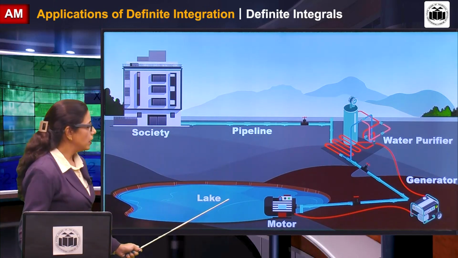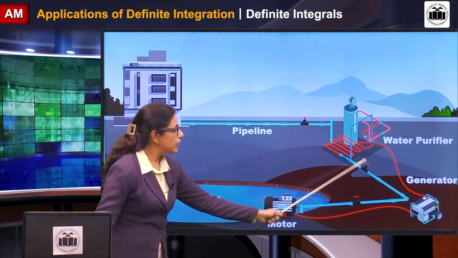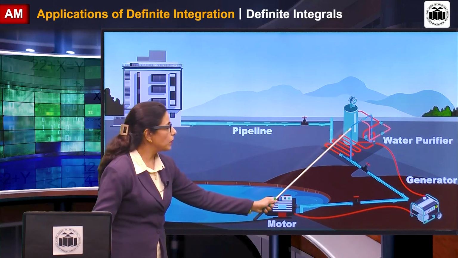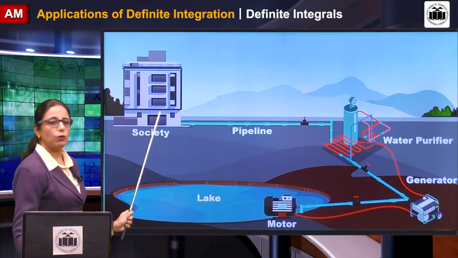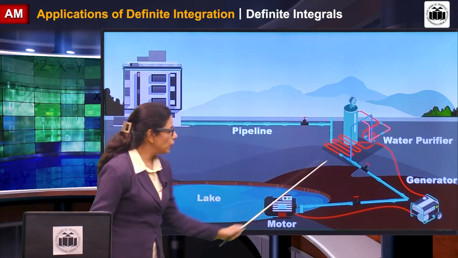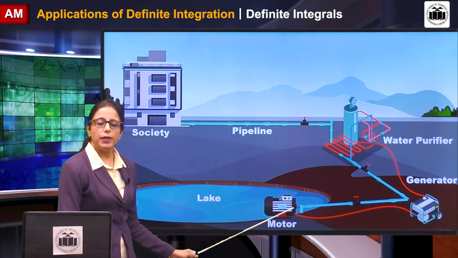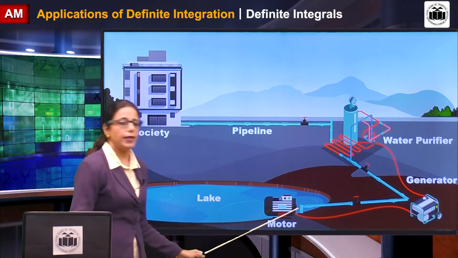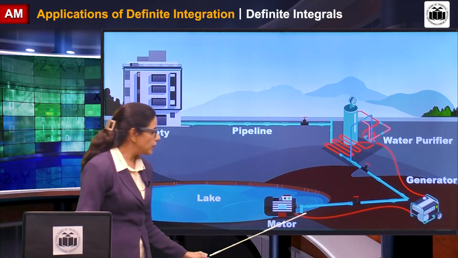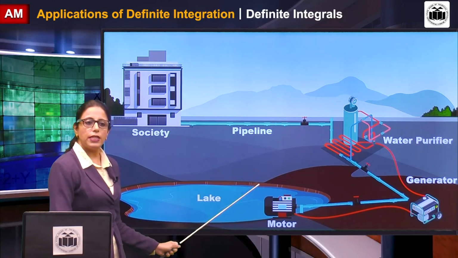We have a lake which has a motor, a pump attached to it, and there is a water purifier. The water is going to the water purifier, and through the pipeline, it is going to the society. And the generator is providing power to the water purifier as well as the motor at a varying rate. That means each and every minute, the power that is being provided is varying. So now what happens is, we need to understand and find out how many gallons of water are being pumped,